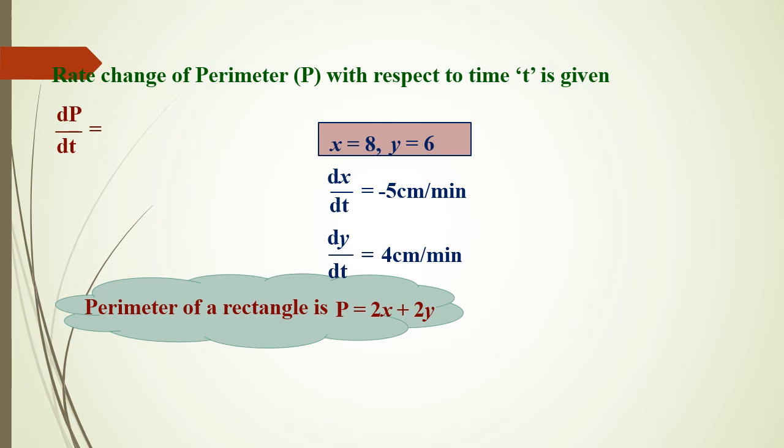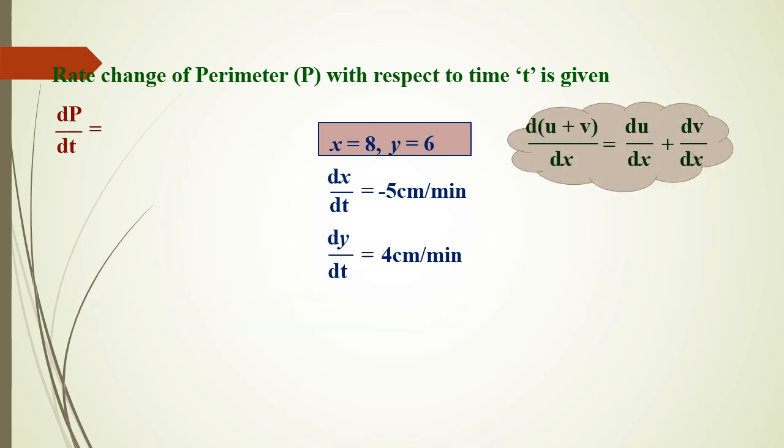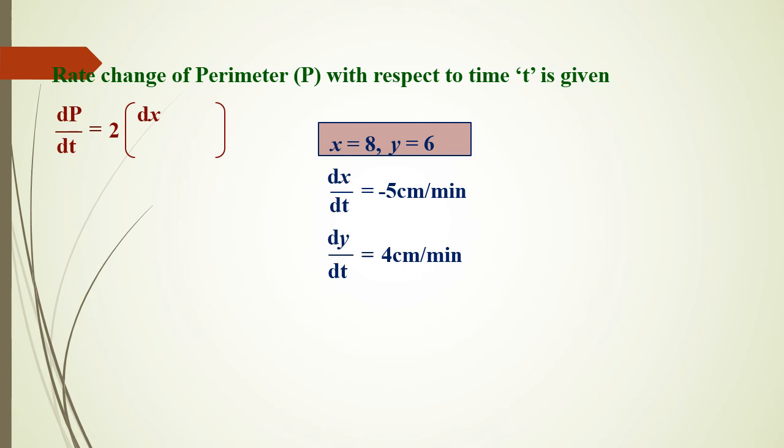This is the standard formula of perimeter of the rectangle. When you write the derivative of P with respect to time, it can be written as dP by dt equal to 2 into dx by dt plus dy by dt. Since 2x plus 2y is there, the 2 is present with length as well as width, so you take it outside. Because 2 is a constant term, don't try to differentiate it. After differentiating, dP by dt equals 2, taking it outside, x differentiation will be dx by dt and y differentiation will be dy by dt.